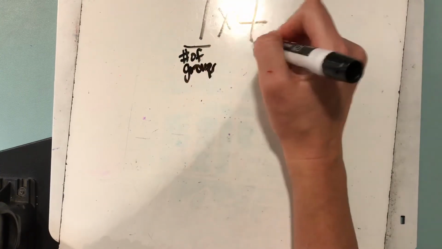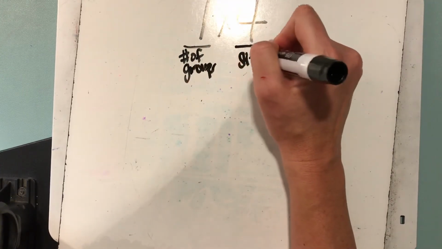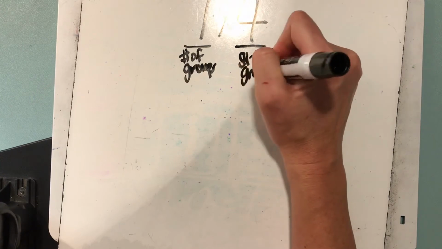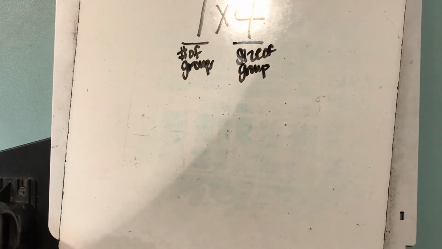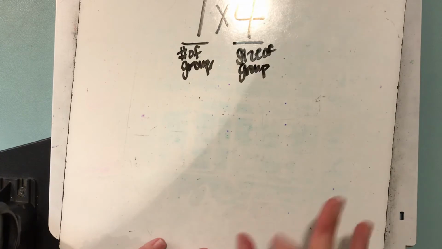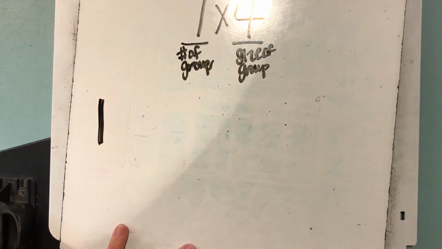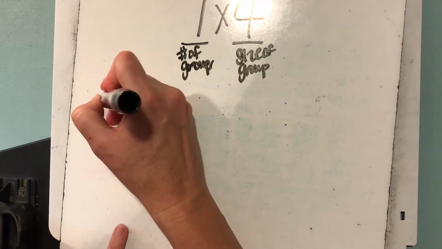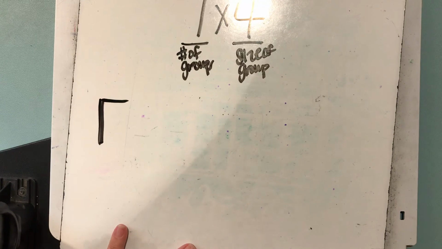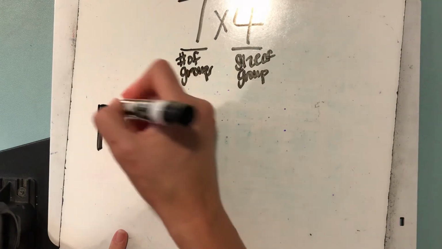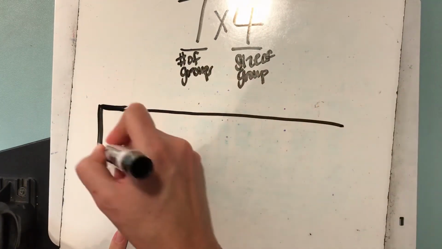And this is the size of the group. That's kind of messy, but that's okay. So I'm going to draw a tape diagram. I want you to also practice doing this. If you want to pause it and then watch me do it, and then you can do it on your own. Actually, that's a good idea. I'm going to do this one, and then I'll give you guys one to do next. So I'm going to draw a tape diagram,